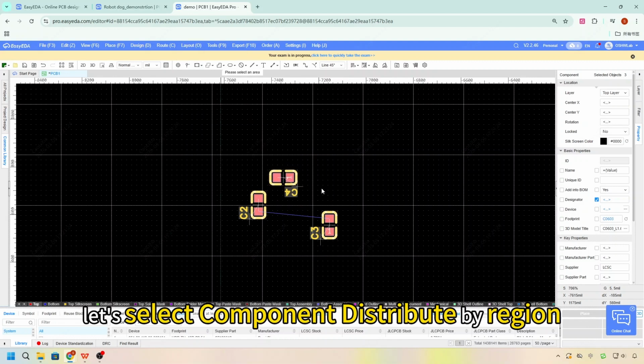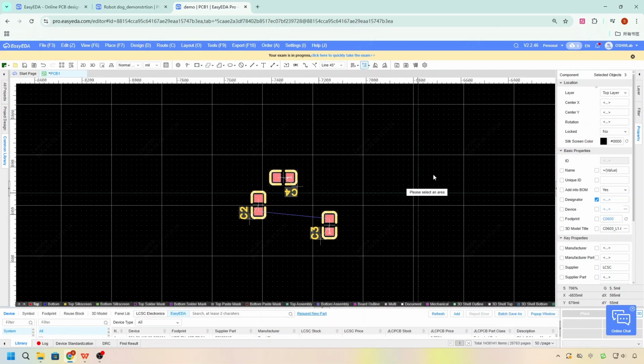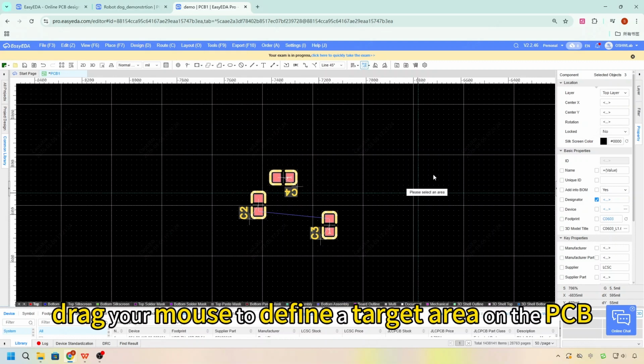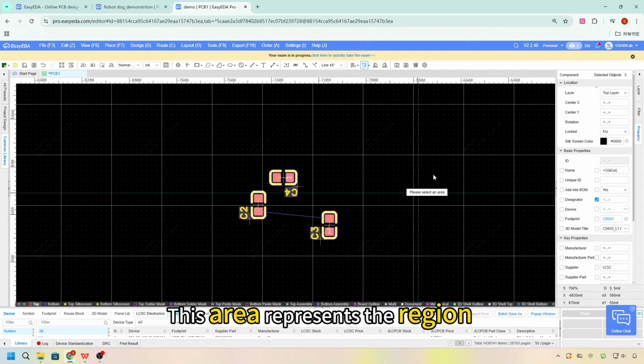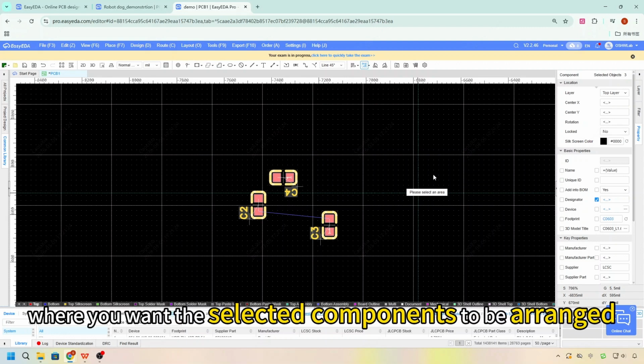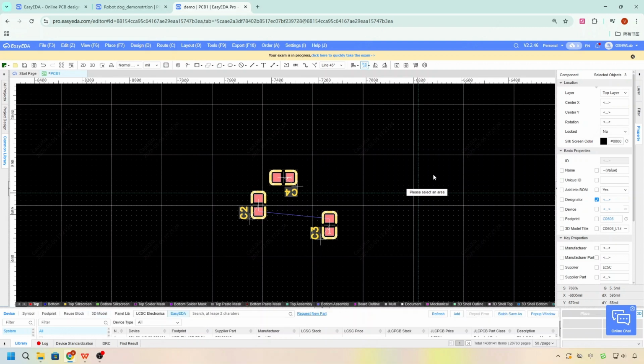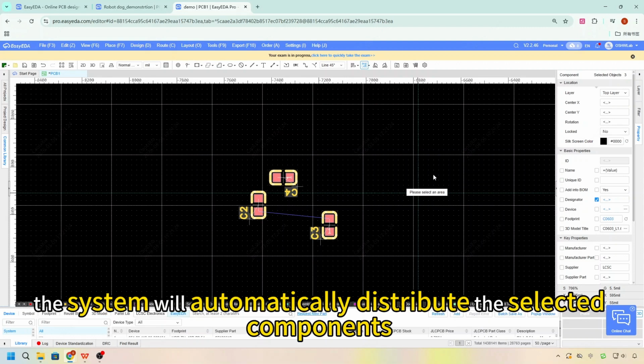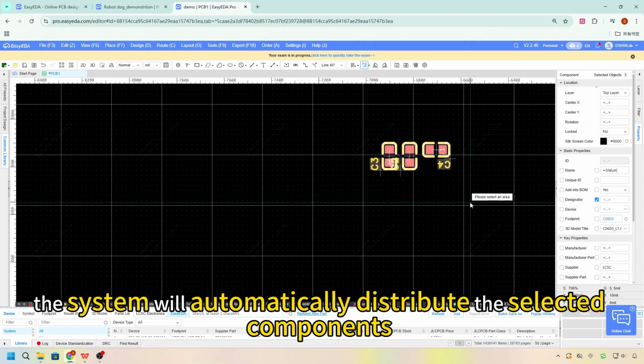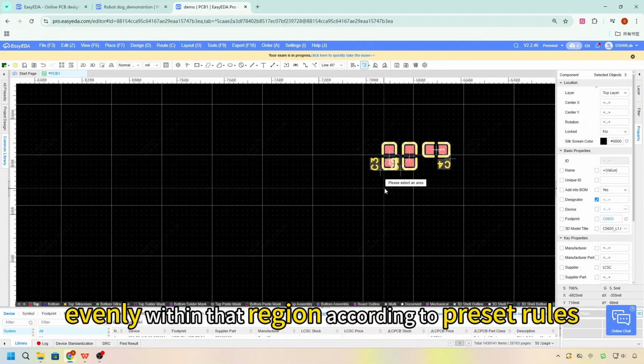Now let's select Component Distributed by Region. After choosing this option, drag your mouse to define a target area on the PCB. This area represents the region where you want the selected components to be arranged. Once the area is defined, the system will automatically distribute the selected components evenly within that region according to preset